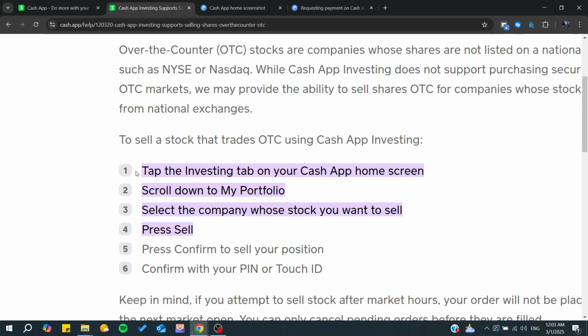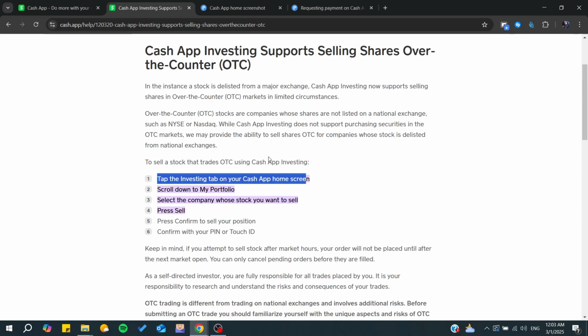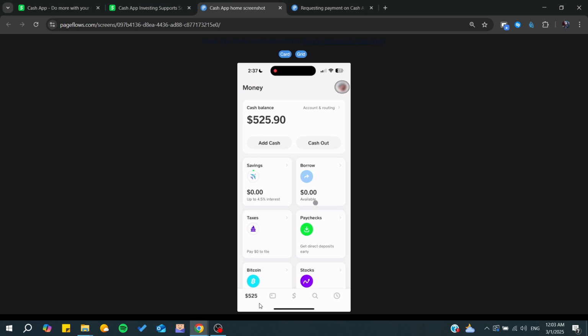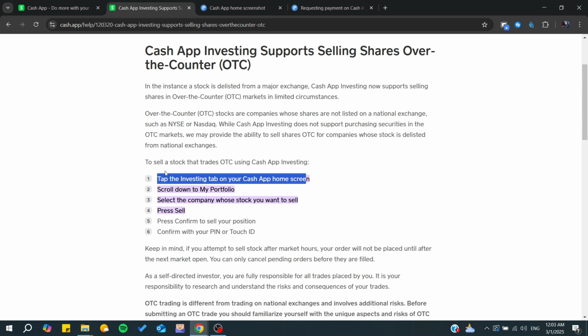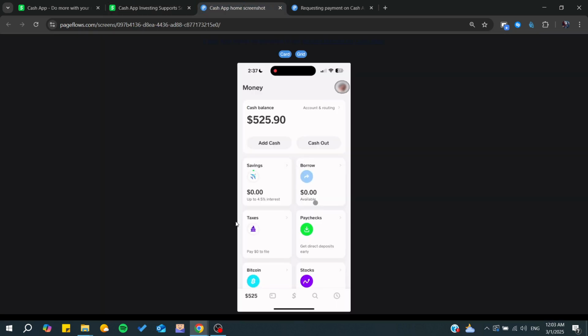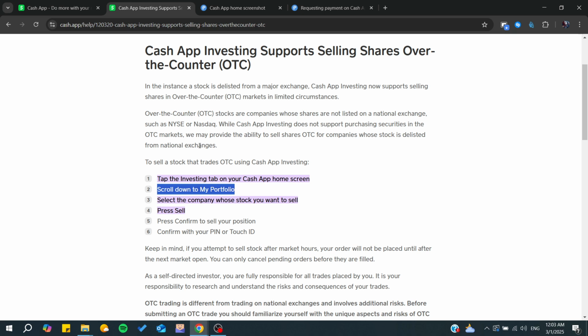So basically in the investing tab on your Cash App home screen, which is usually the one showing the money tab or whatever. And basically then you will need to scroll down to my portfolio. So simply if you already have some stocks, you will find a my portfolio choice, and from there you can start selecting the companies whose stock you want to sell, and